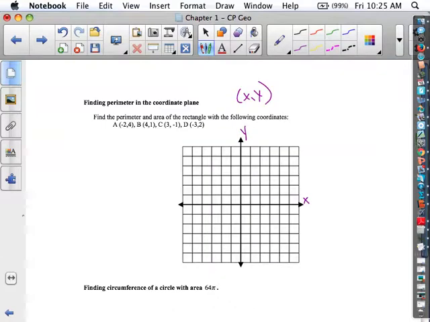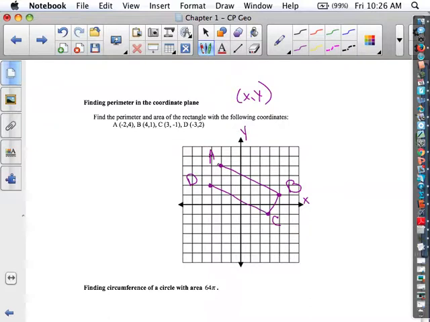So let's graph these. -2, 1, 2, 3, 4. That's A. B is at 4, 1. 1, 2, 3, 4. 1. So there's B. C is at 3, -1. So here's C. D is at -3, 2. So there's D. And we're told it's a rectangle, so we know that the opposite sides are the same length,